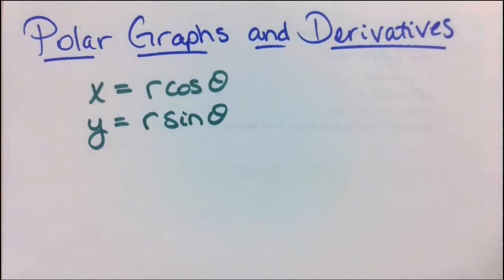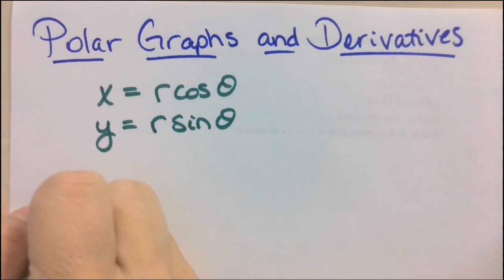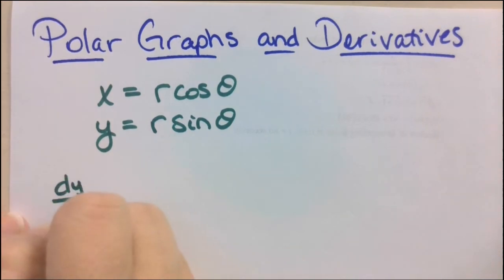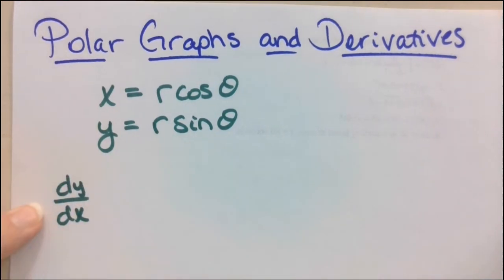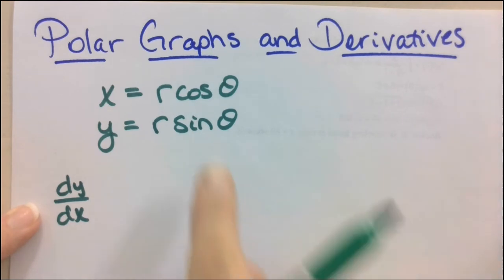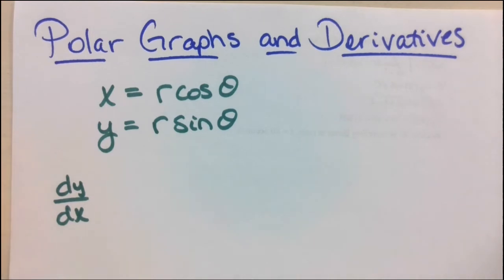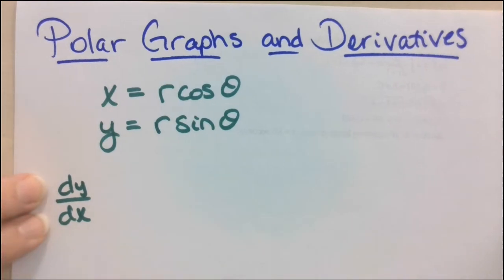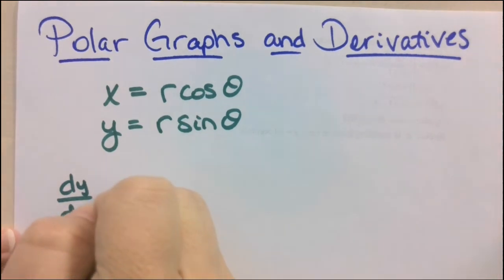So sometimes we may be asked to find the slope of a polar curve, the slope of the line tangent to the polar curve. And when we are asked to find those things, we are still looking for dy/dx, even though our polar curve is some r equals some function of theta. But slope is still a change in y over change in x, a Cartesian rectangular idea. And so what we're going to do here